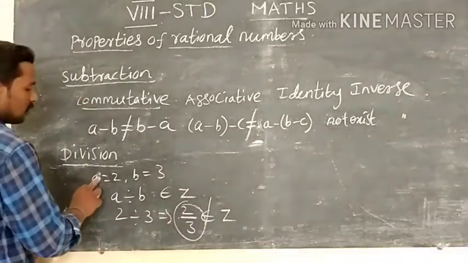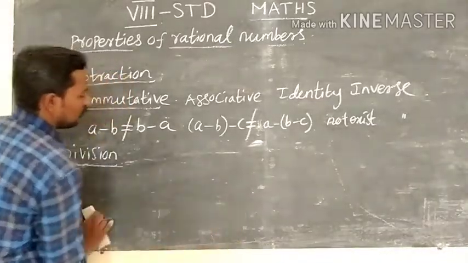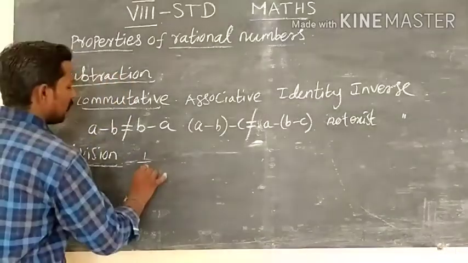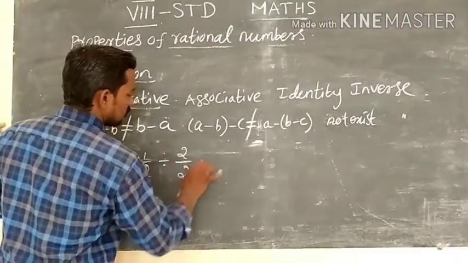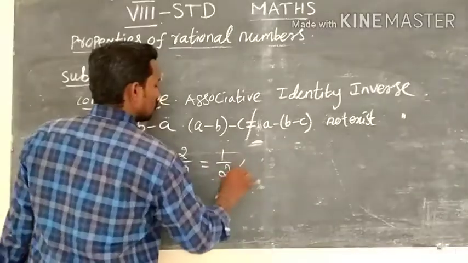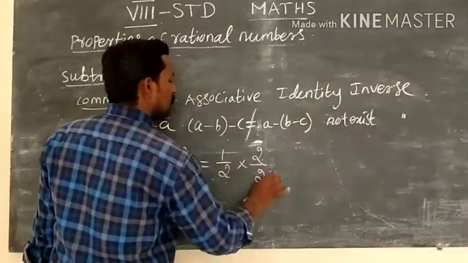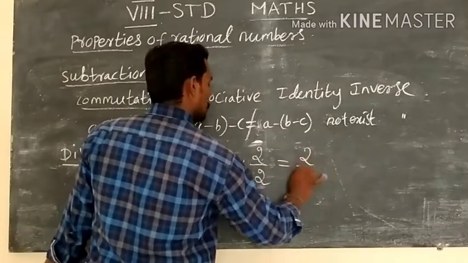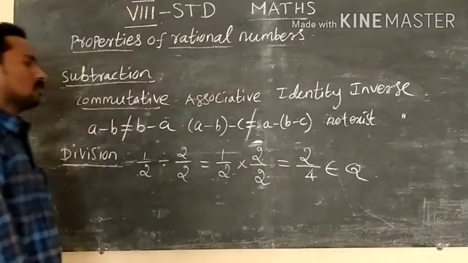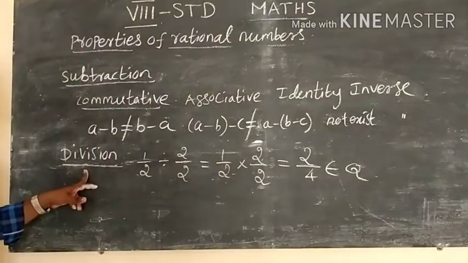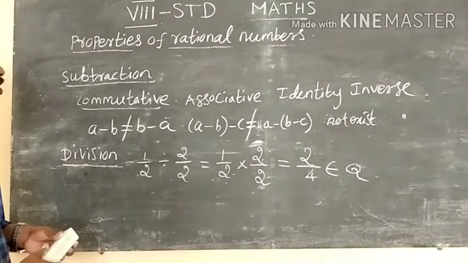So this is for integers. Otherwise, if you select any two rational numbers, 1 by 2 divided by 2 by 2, this is equal to 1 by 2, and the division changes into multiplication. Change the numerator and denominator. You get 1 2s are 2, 2 2s are 4. This is one of the rational numbers. So now the closure property is true. Have you understood? Okay. So this is the only one that is true. All others are